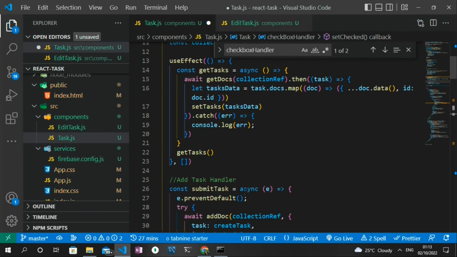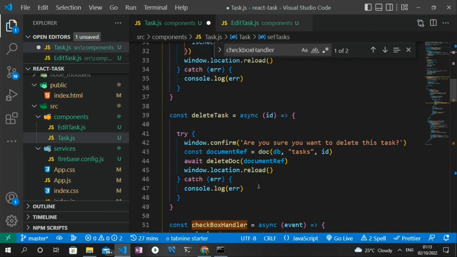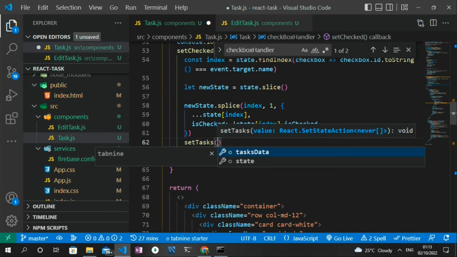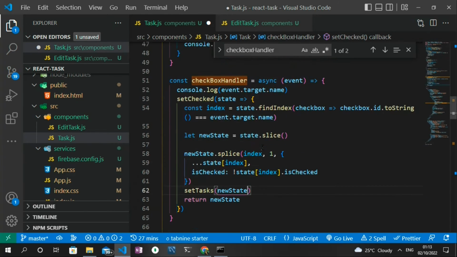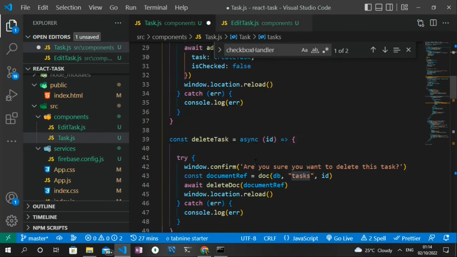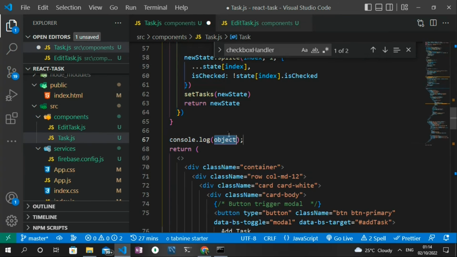So we can just pass in the set tags, which helps us to track all the array in the database, and then pass the new state to it. So we can now log the tags, the new state to the console. So I'm just going to pass in new state, and then this set tags above, which contains all the tags in the database, I'm going to log it in the console. So console.log